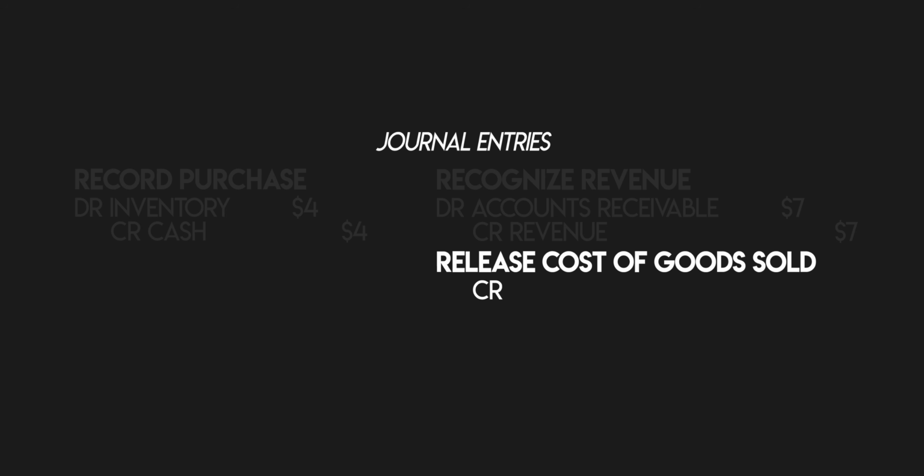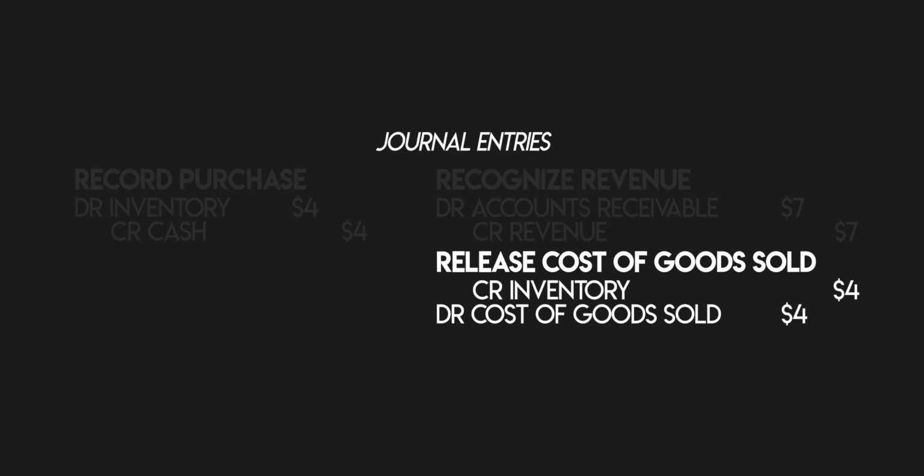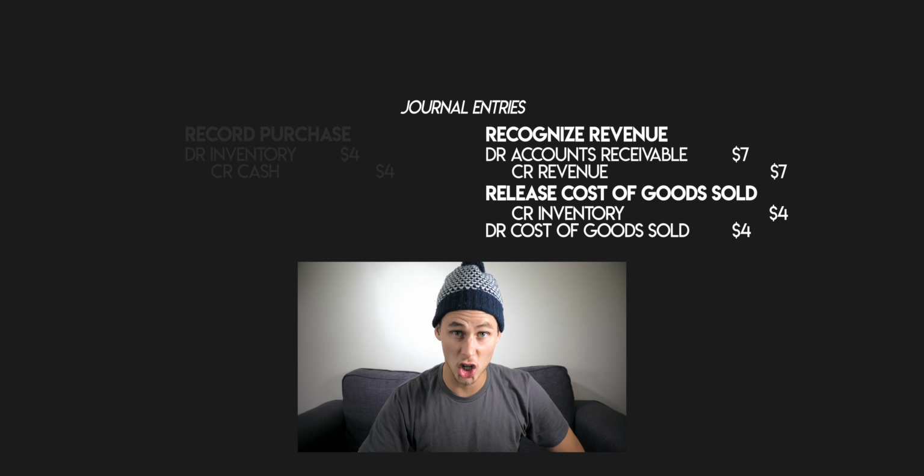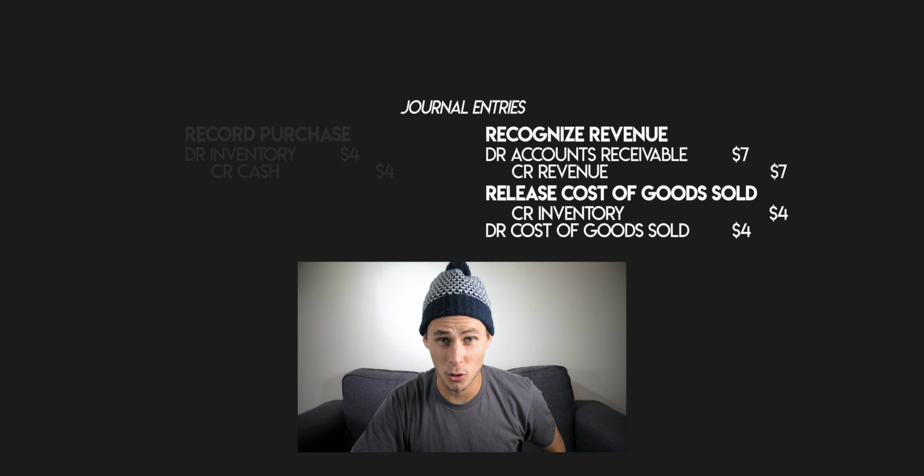Well, you credit your inventory account by $4 to decrease it in your balance sheet, and you debit your cost of goods sold account by $4 to increase it in your income statement. Cost of goods sold is a type of expense, the E in DEALER, a normal debit account, so debits increase it and credits decrease it. Nice one. So we've worked out both of your transaction 2 journal entries. But how do these affect your books?